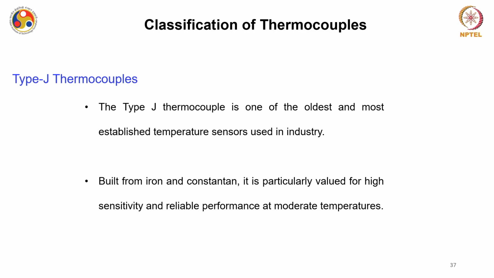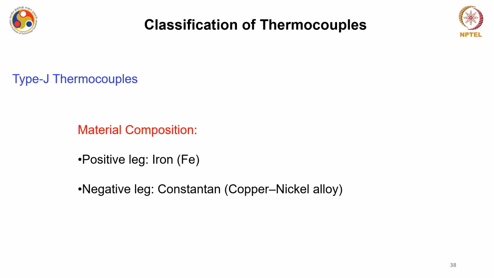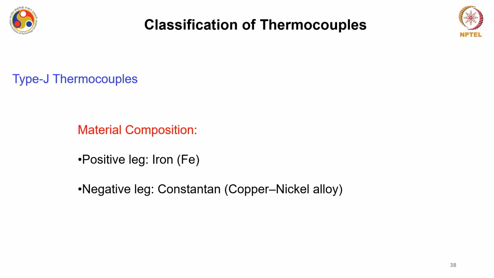Then you have another thermocouple which is the type J thermocouple. The type J thermocouple is one of the oldest and most established temperature sensors that industry uses. They are built from iron and constantan that I have earlier mentioned. It is particularly valued for high sensitivity and reliable performance not at very high temperatures but in the moderate temperature range. The positive leg is made up of iron and the negative leg is made up of constantan,